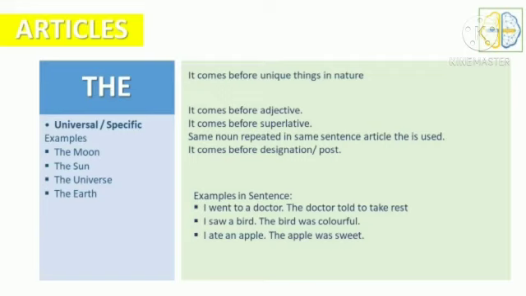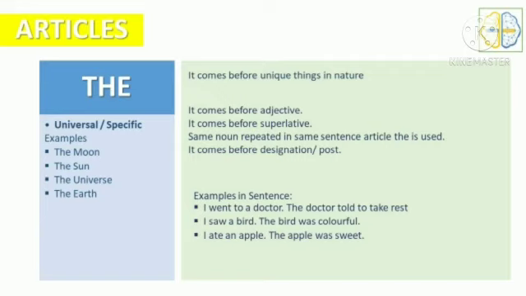A is a vowel, sorry. Apple: the spelling of apple starts with a vowel sound. So that's why we have used the article an. I ate an apple. But the noun is repeated. Apple is repeated in the same sentence, so we use the article the. Hope it's clear to everyone.